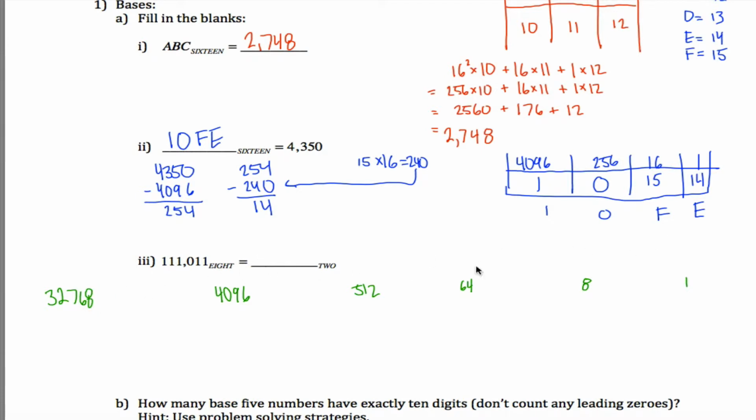So at a base 8 shop, I was buying one of these, 0 of these, 1 of these, 1 of these, 1 of these. I got 1 of these, 1 of these, 0 of these, 1 of these, 1 of these, 1 of these. So what does that have to do with a base 2 shop? Well, at a base 2 shop, my options are I can buy single donuts, I can buy boxes of size 2, boxes of size 4, boxes of size 8, 16, 32, 64, 128, 256, 512,